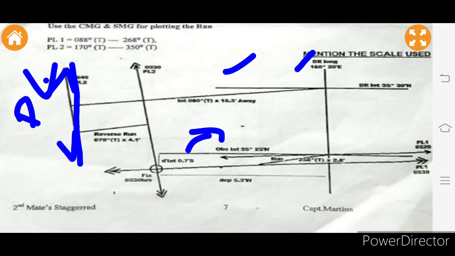From here I will apply a reverse run. As per the question I have my CMG, which is 258, so I will add 180, and whatever value I get I will apply from this PL, anywhere on this PL, up to the time of the intercept, that distance, 4.1, from the timing given.